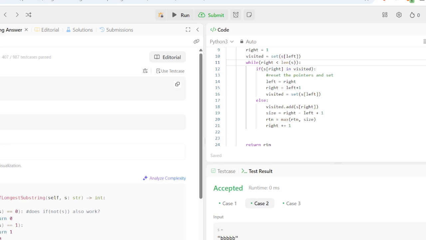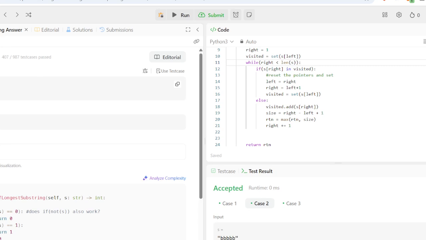So we have DVDF, okay, right? If R hits that second D, what do we need to do, right? We need to move L until there is no duplicate present. I think that's what we need to do.